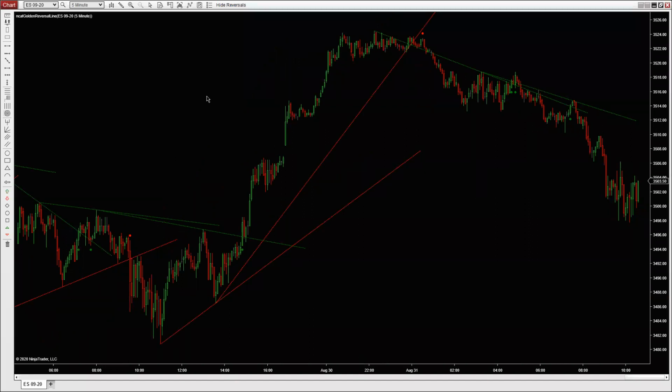You don't want to just take every single entry signal that you see here on the chart. You want to add some structure to it, which I 100% agree with. Now, you're going to have some traders that come in and they just love the golden reversal line. They've got nothing but good things to say about it, and they just take every single trade that it generates. That's up to you. At the end of the day, it's all about risk management and position sizing, right? If I have 5 trades in a row and I'm losing, and I'm losing 10 ticks on each trade,